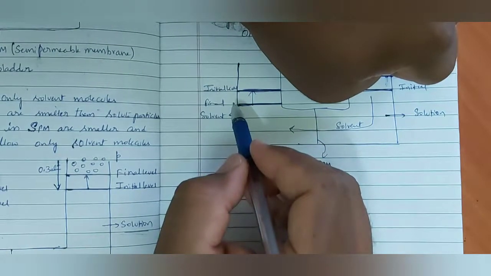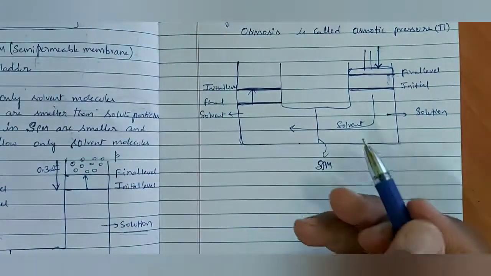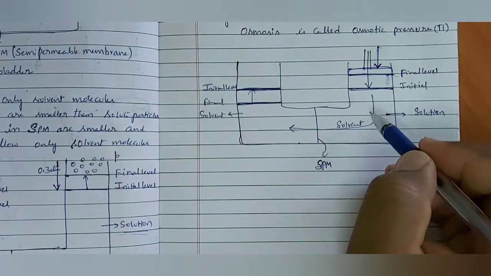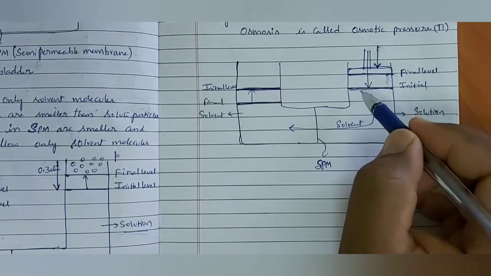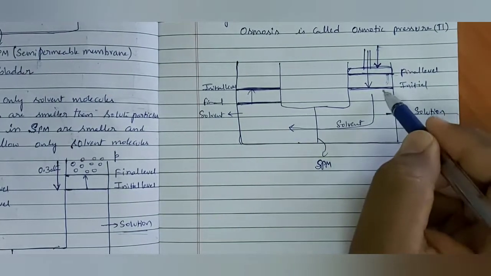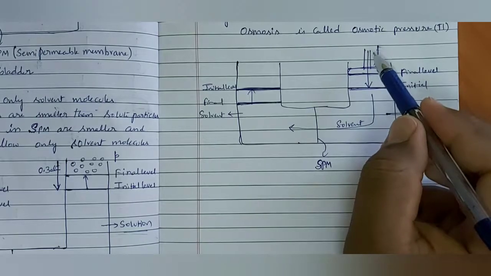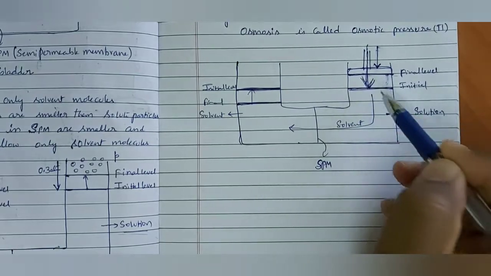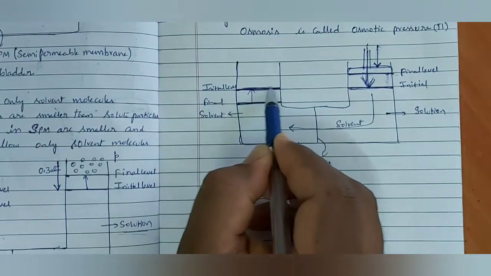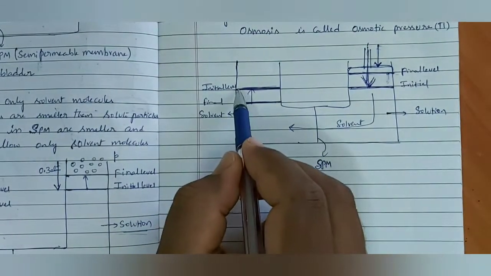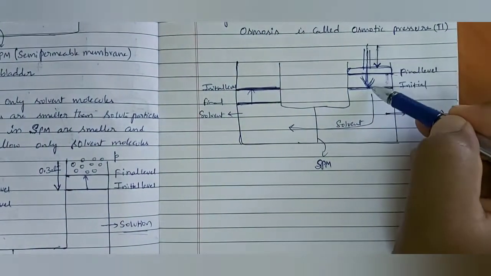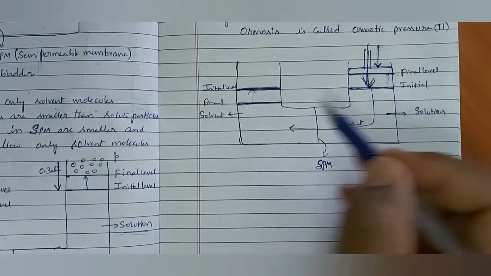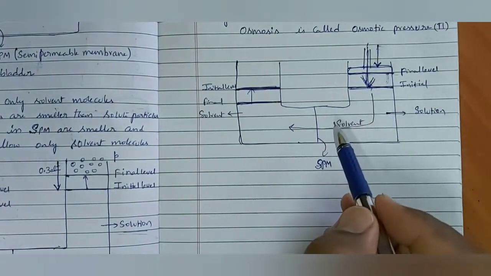Is it correct? So when we keep the piston on this initial level of solution and we are applying the pressure on this side, how much pressure we are applying, that is very important. That depends on the concentration of solution, it will be varied. Now see, how much pressure we are applying here to stop osmosis. That means to maintain this solvent at initial level only, we have to keep the piston here and apply some pressure. Otherwise, if you open the piston at once, again these molecules will go and osmosis will take place.